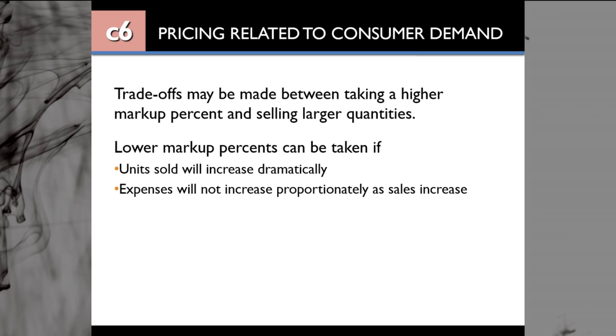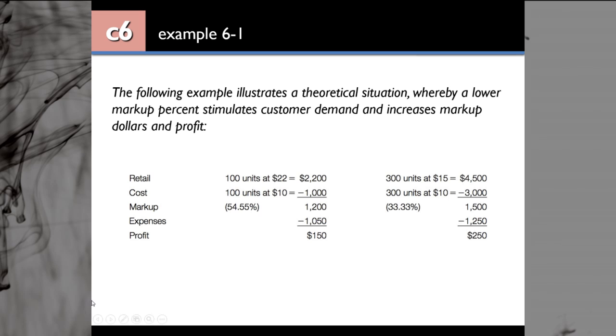And by the way, a fast fashion retailer is defined as a fashion retailer who sells trendy merchandise at a good price, and quickly meets the needs of consumers and these trend changes. So let's look at an example about these trade-offs. The following example illustrates a theoretical situation whereby a lower markup percent stimulates customer demand and increases markup dollars and